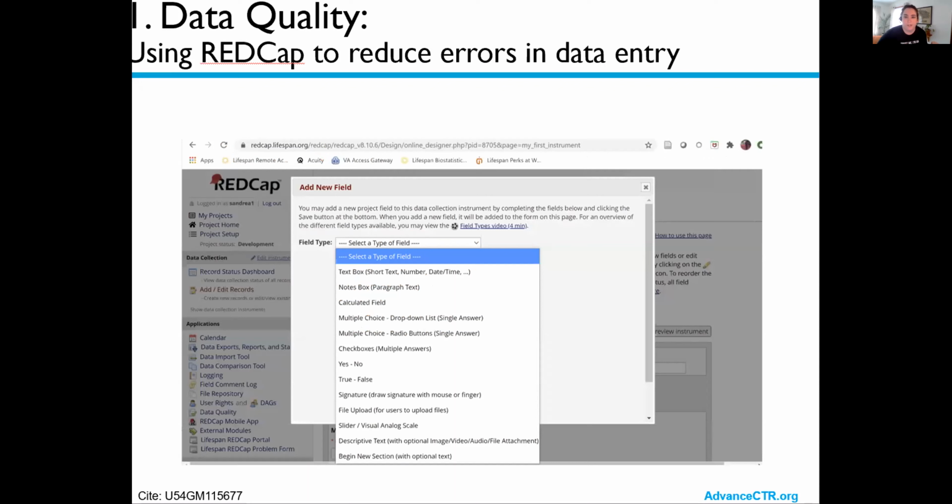So this is your first screenshot of what it looks like in the lifespan instance of REDCap, to give you a little view of the current field types that we have access to. So we've got text box, notes box, calculated fields. For single answer questions, you've got a multiple choice drop down or a multiple choice radio button option. Check boxes, yes, no,